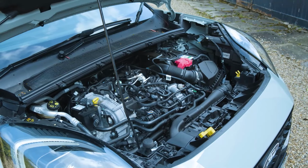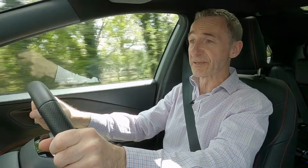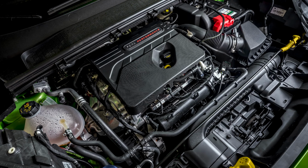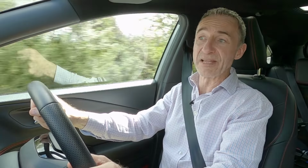The choice selection beneath the bonnet is a little different from what we saw back in 2019 though. The unelectrified petrol and TDCi diesel engines which featured back then are of course long gone, as is rather disappointingly the sporty 1.5 litre 4-cylinder engine that was previously fitted to the top Puma ST, which means that all combustion Pumas now use some sort of 3-cylinder 1 litre EcoBoost mild hybrid 48-volt unit, the powertrain almost everyone wants with